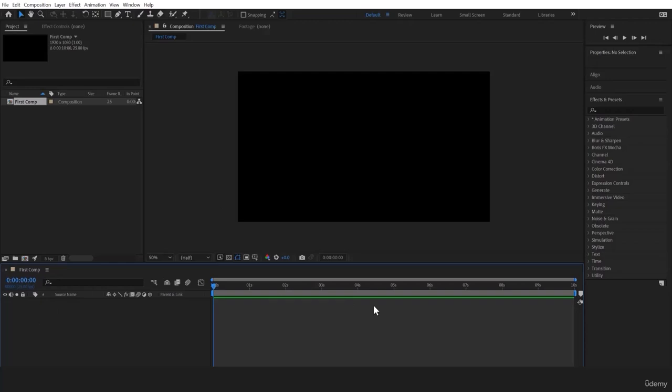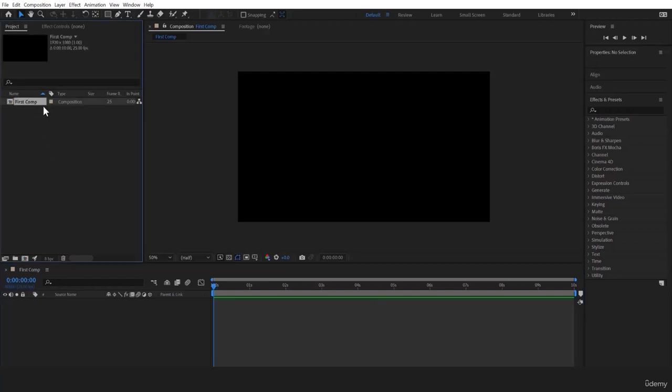Composition is something where exactly you work. You can consider that as a work area. It depends upon what exactly your requirement is. If you are making a 2K project, then the resolution will be 2048 by 1556 pixels. If you're making a half HD project, it would be 1280 by 720, and it depends on the frames as well. How many FPS, which is frames per second, you need to choose. I've chosen 25 to start with.